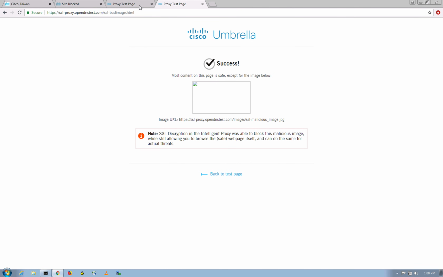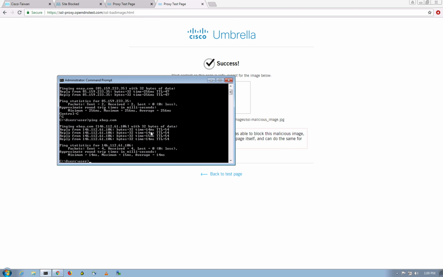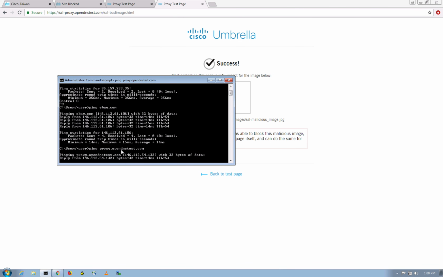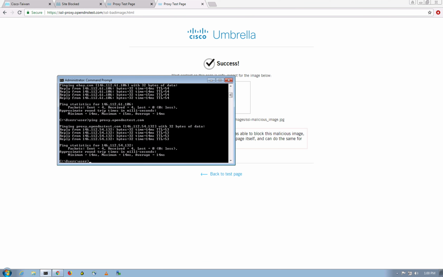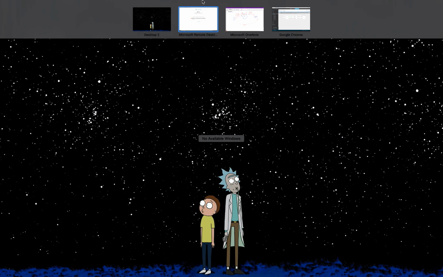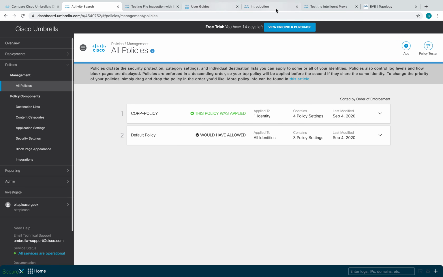We can also check this from here as well. Let's try to ping. It will basically be hitting the same as earlier. So let's paste this. I'm going to say ping proxy.opendns. You should see the 146.112.54 address, right? And if you go back to the documentation, you will see that in the user guide,